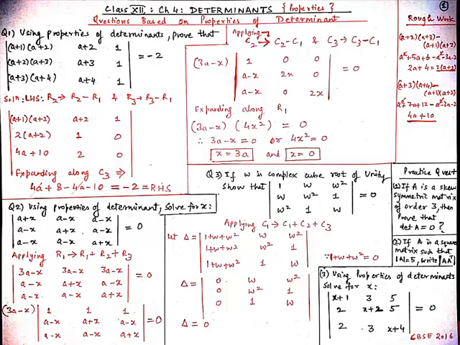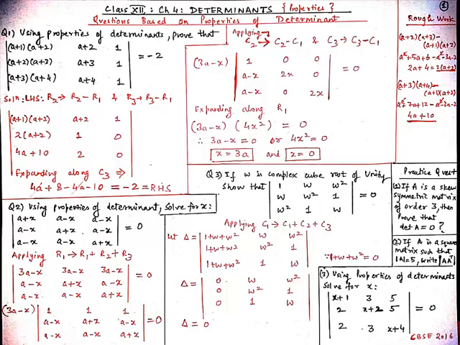Generally, students initially find it difficult to solve these questions due to lack of practice and knowledge. This topic is very important as far as the board examination is concerned. The more you practice, the more you can get an idea to do questions based on property of determinant. Initially we will do some basic questions and later on some difficult questions. If you follow the approach which I am going to teach you, I can assure you that you can get your answer with full accuracy. So now let's begin with the solution of our first question.